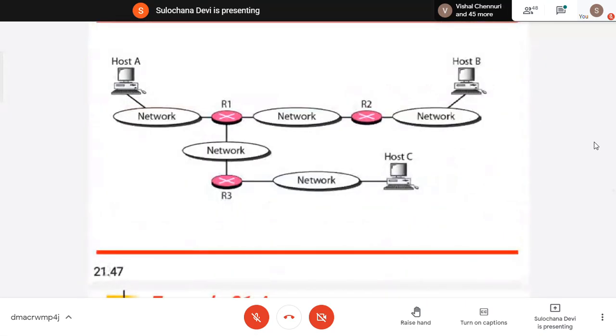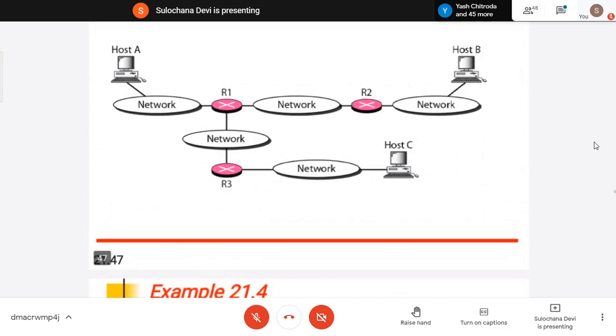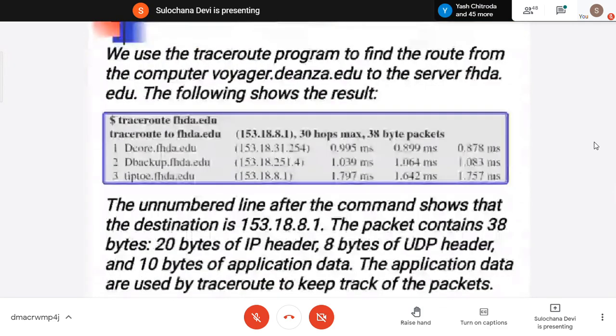And then this is traceroute. If I want to find out the path to B, and I give the command traceroute from A to B, it will tell host A to R1, R1 to R2, R2 to host B. So if you are tracing the route of a particular domain name or IP address, this is how you can reach the destination.